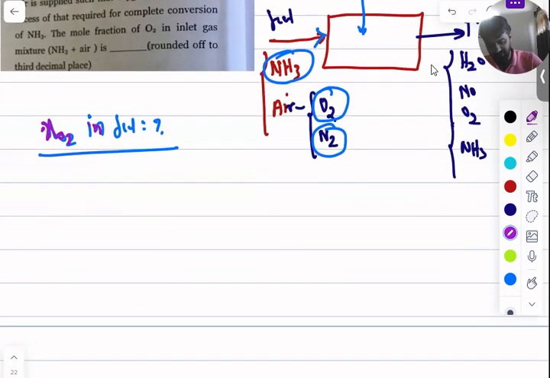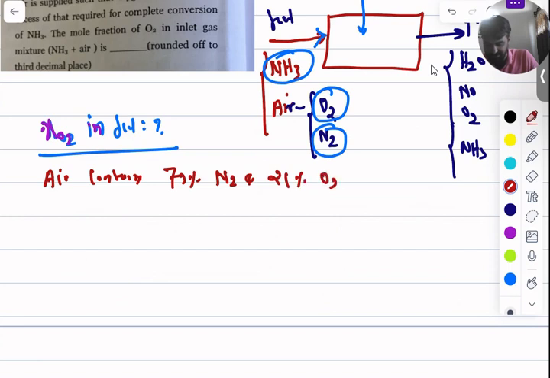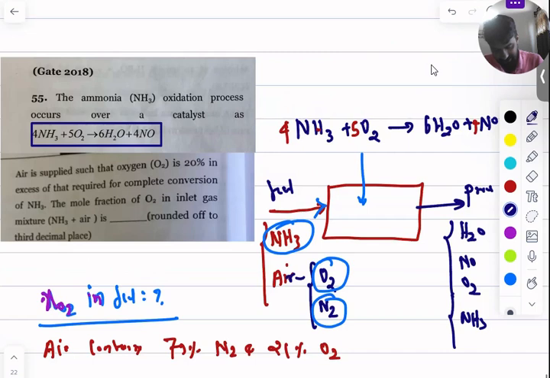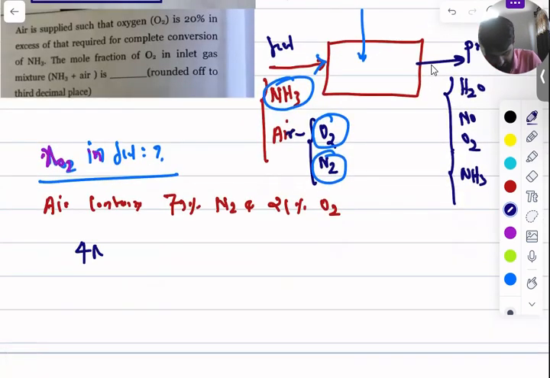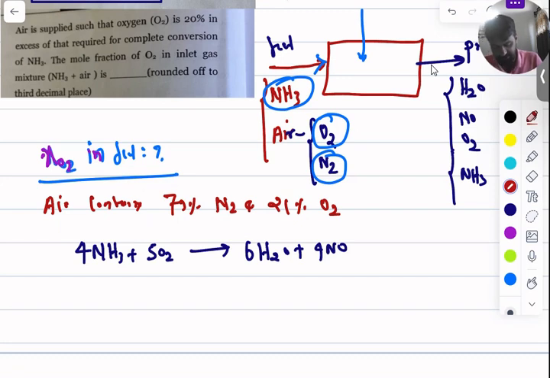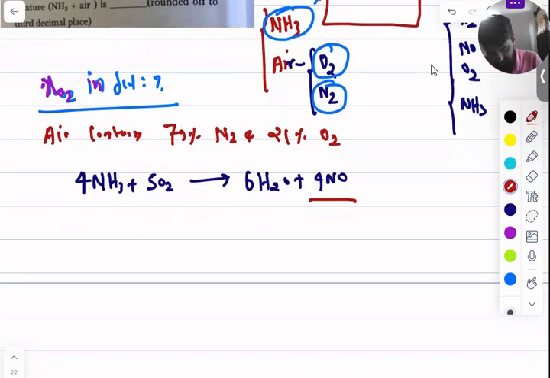So if I'm talking about air, air contains 79% of nitrogen and 21% of oxygen, right? Second thing is that if you see the reaction, 4NH3 plus 5O2 is getting converted into 6H2O plus 4NO. So if NH3 has to be completely converted into the product nitrous oxide, then how much air will be required for 1 mole? Or let's say I'm assuming 4 moles of